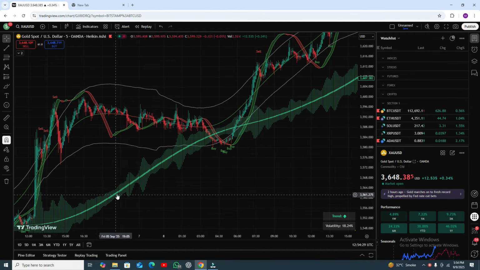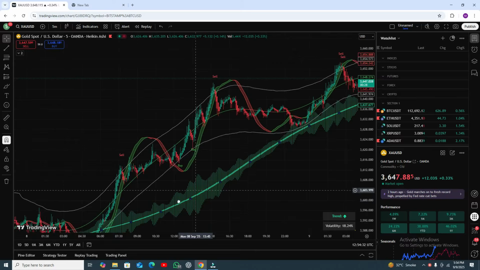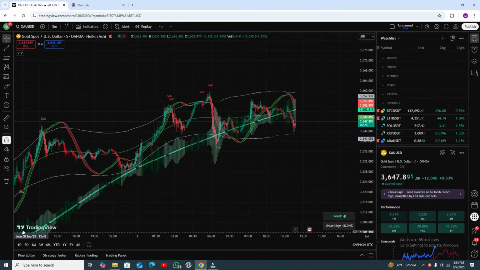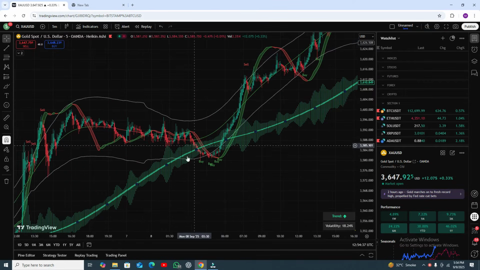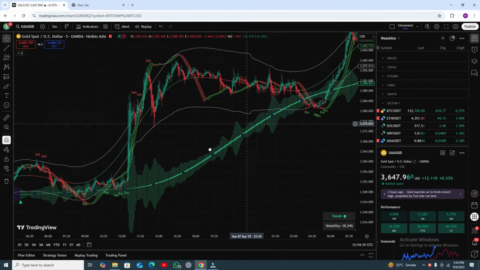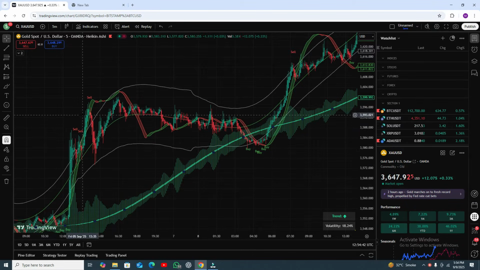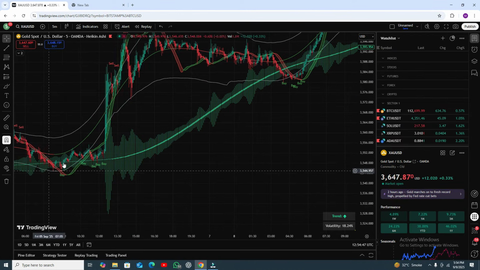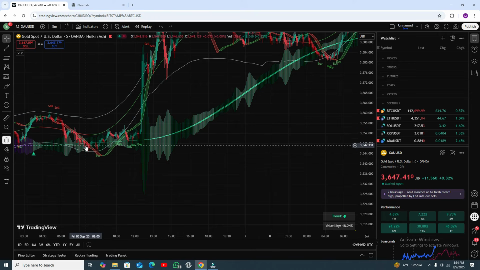You can see the green one, and you can see the market going upside, amazingly upside. So first, how this strategy works, because there are a lot of signals here. You can see the sell signals, but these are fake signals. You only need to follow the buy signal when this line is green. Second condition, there is an RSI. RSI is the most important one. If you follow my rules, definitely you will get a very good profit at the end of each day. So let's start the video.